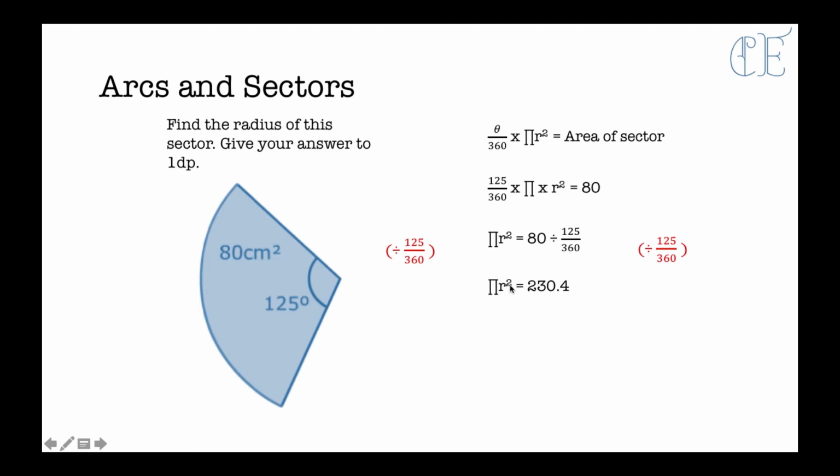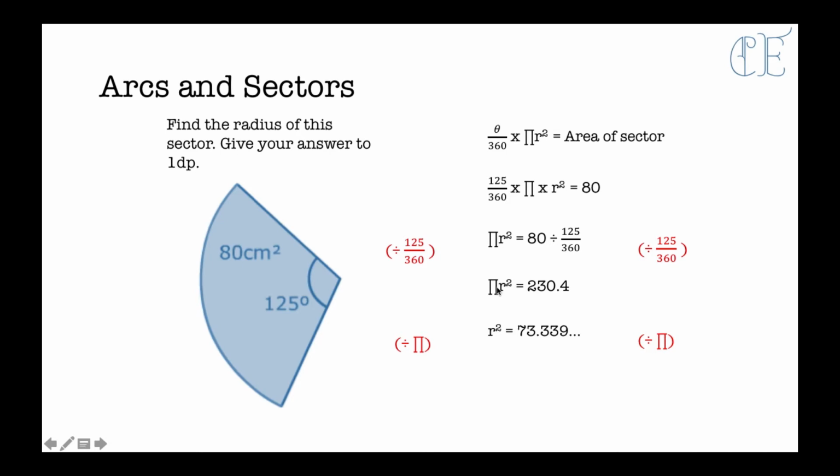Now we still need to get this r squared on its own, so we need to divide by pi. If we divide by pi, it moves the pi from this side of the equal sign to this side, because don't forget we're doing the opposite. If you're struggling with this, please go back and watch the video on rearranging equations, because that's what you need to know in order to be able to do this. So we're going to divide by pi, leaving us with r squared equals